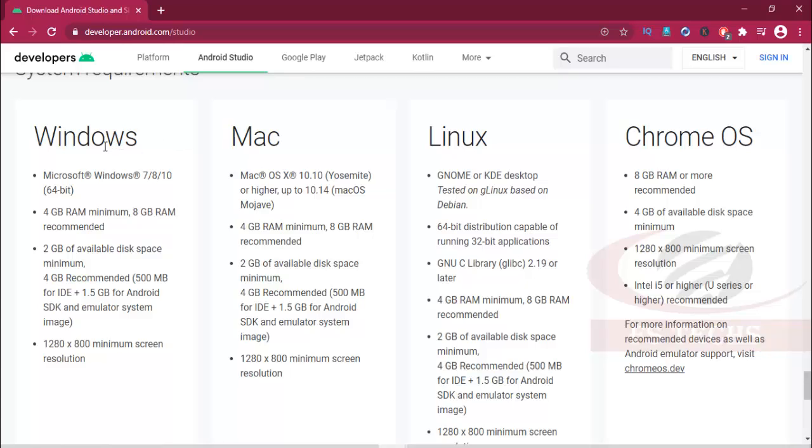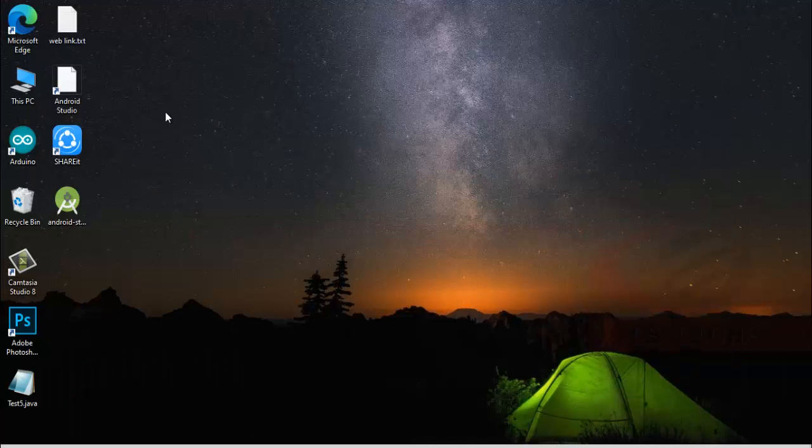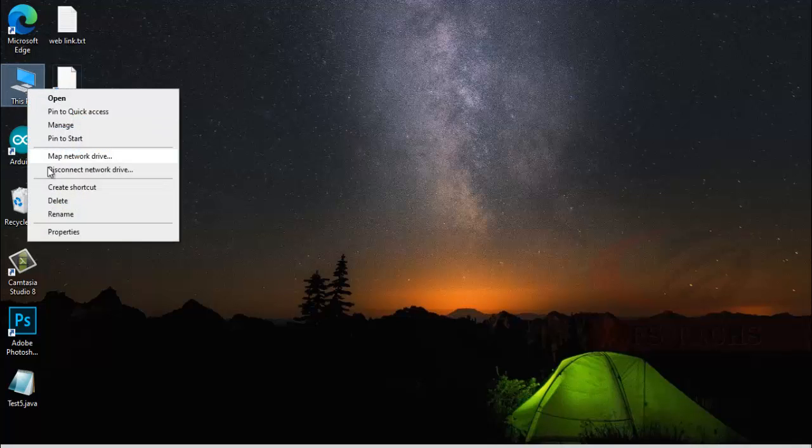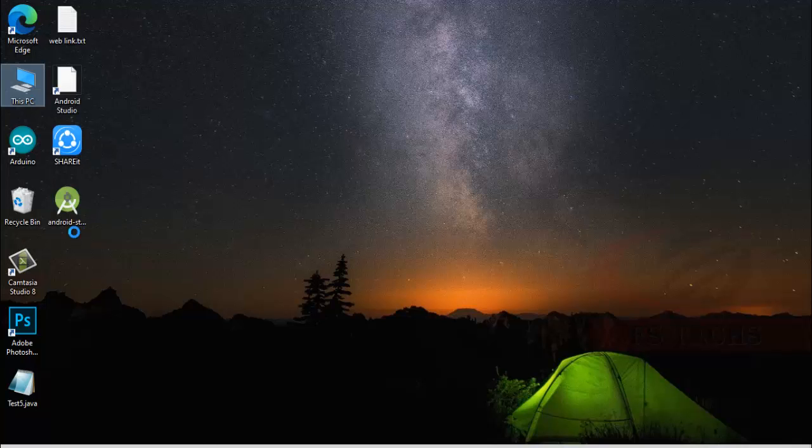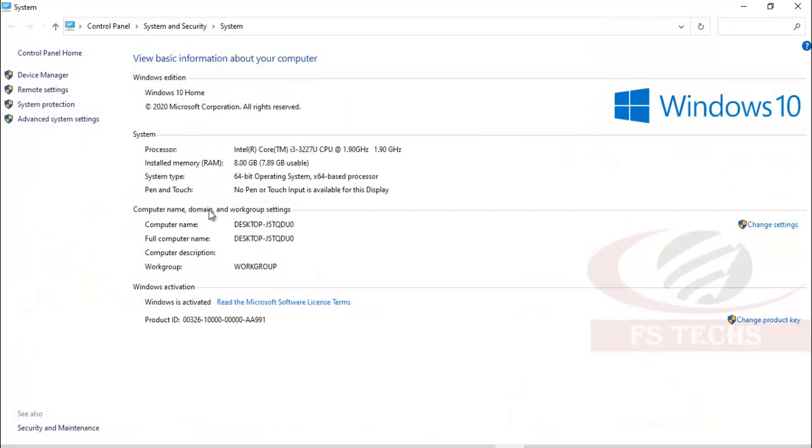And here is Windows 64-bit, 4GB RAM, 8GB recommended, 2GB available disk space, and screen resolution. If you don't know about your system specification, then simply minimize your browser, move your cursor over this PC icon, just right click, click properties, and here you will find your system specifications. If you are okay about your system specifications,